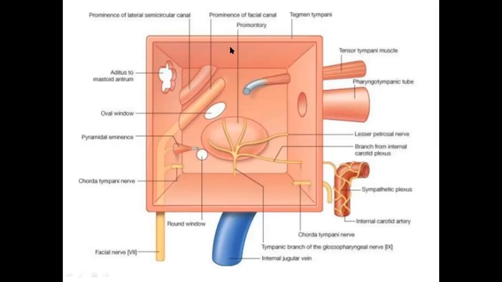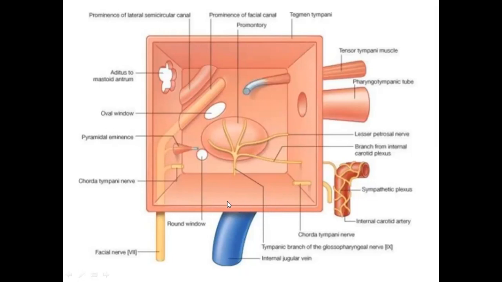The roof separates the tympanic cavity from the middle cranial fossa, from the meninges and the temporal lobe of the brain. So whenever the infection enters from the nasopharynx through the pharyngotympanic tube into the middle ear cavity, it passes through to the middle cranial fossa and causes meningitis and encephalitis. Okay. And this is the inferior wall, which separates the